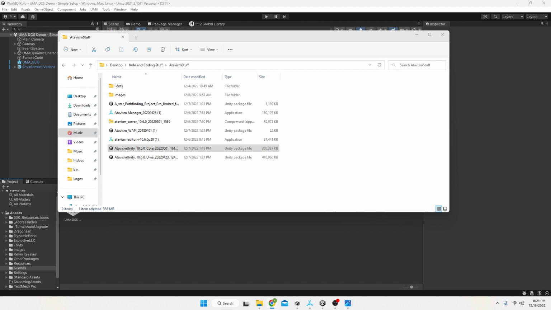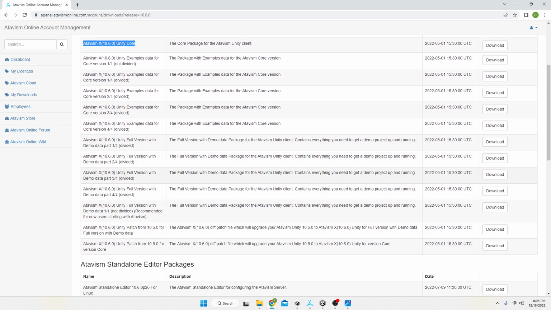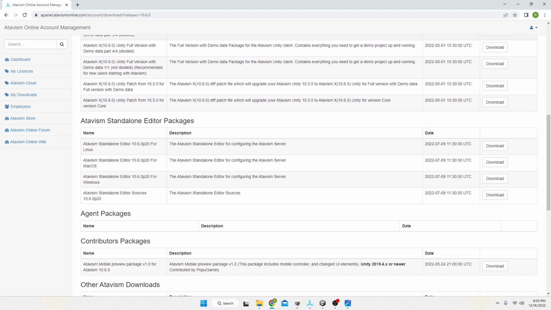So while this is doing its thing, I'll take a peek at that here. This is the one I'm using. Under the panel, in my downloads from Atavism, I'm getting the Unity core. These are basically the ones you're probably used to, the full versions, either divided or not divided. Those are the beefy versions, like 4 to 6 gigs, I think, for all of its data. The other ones that we're going to be using from here is